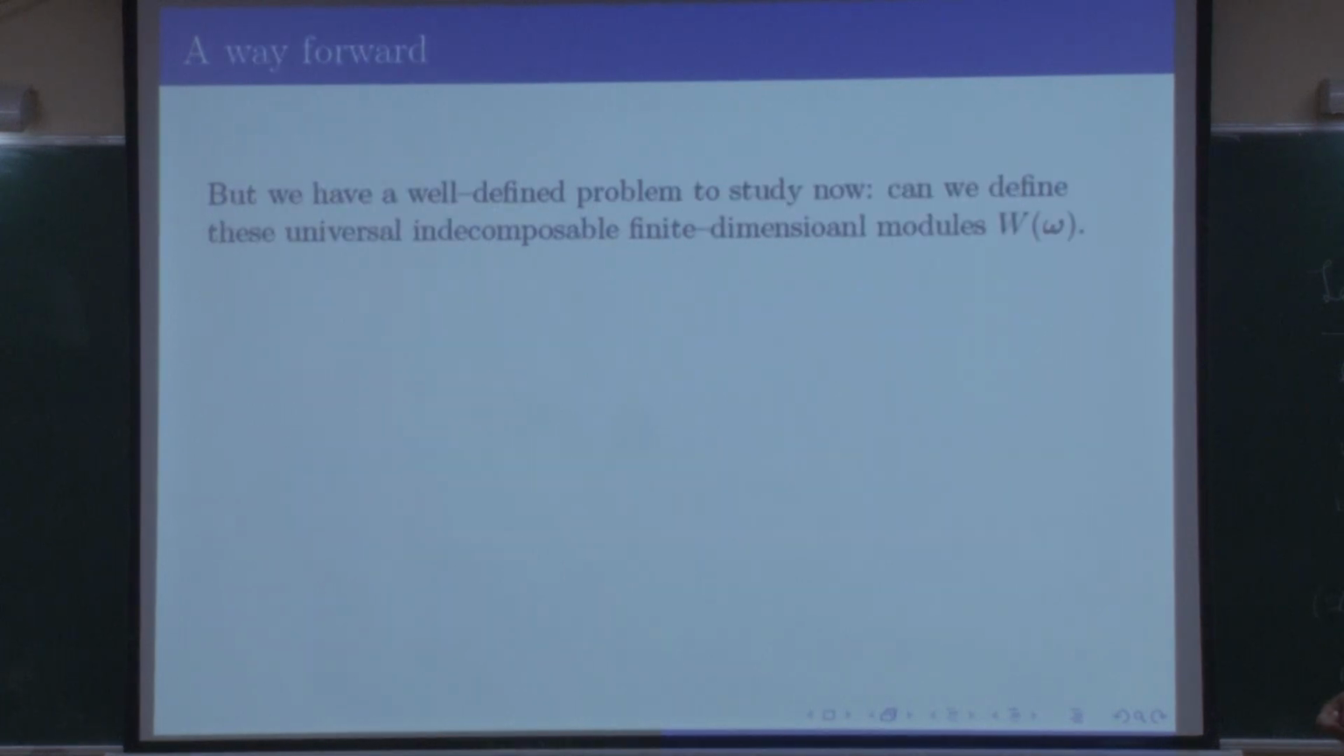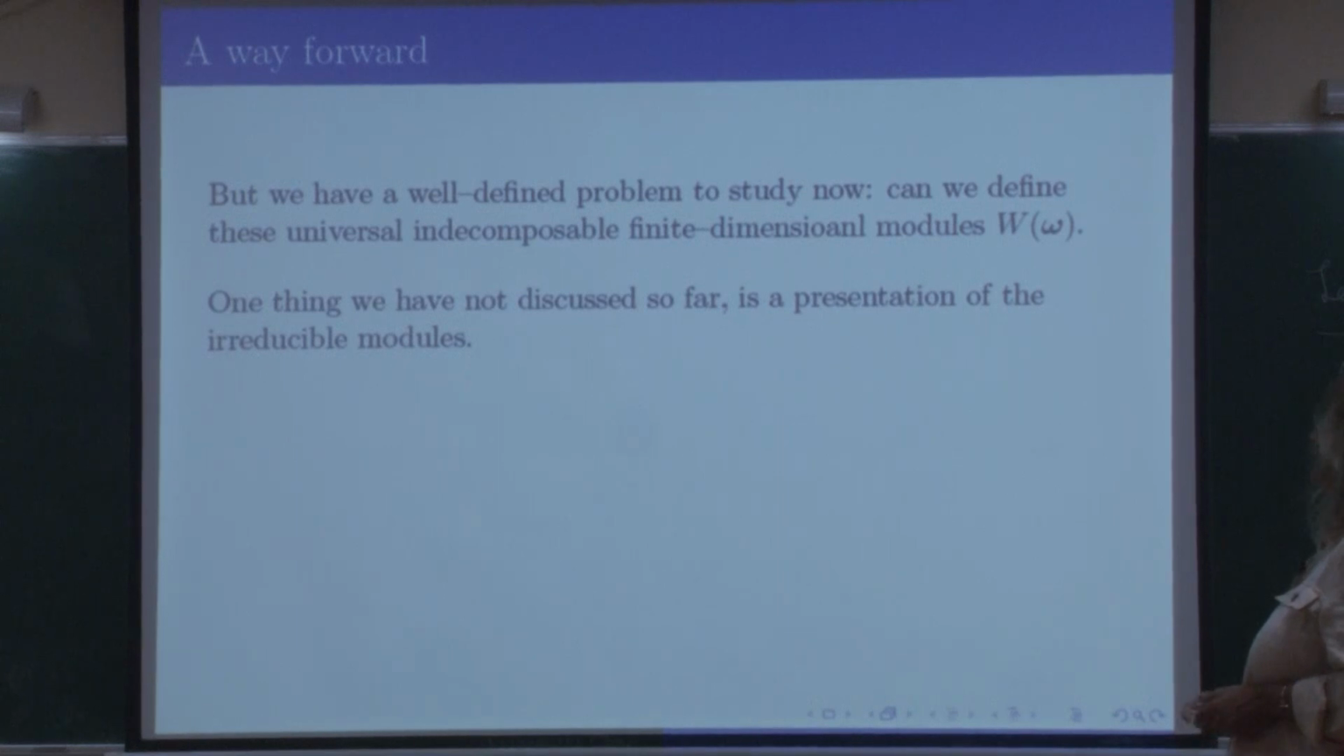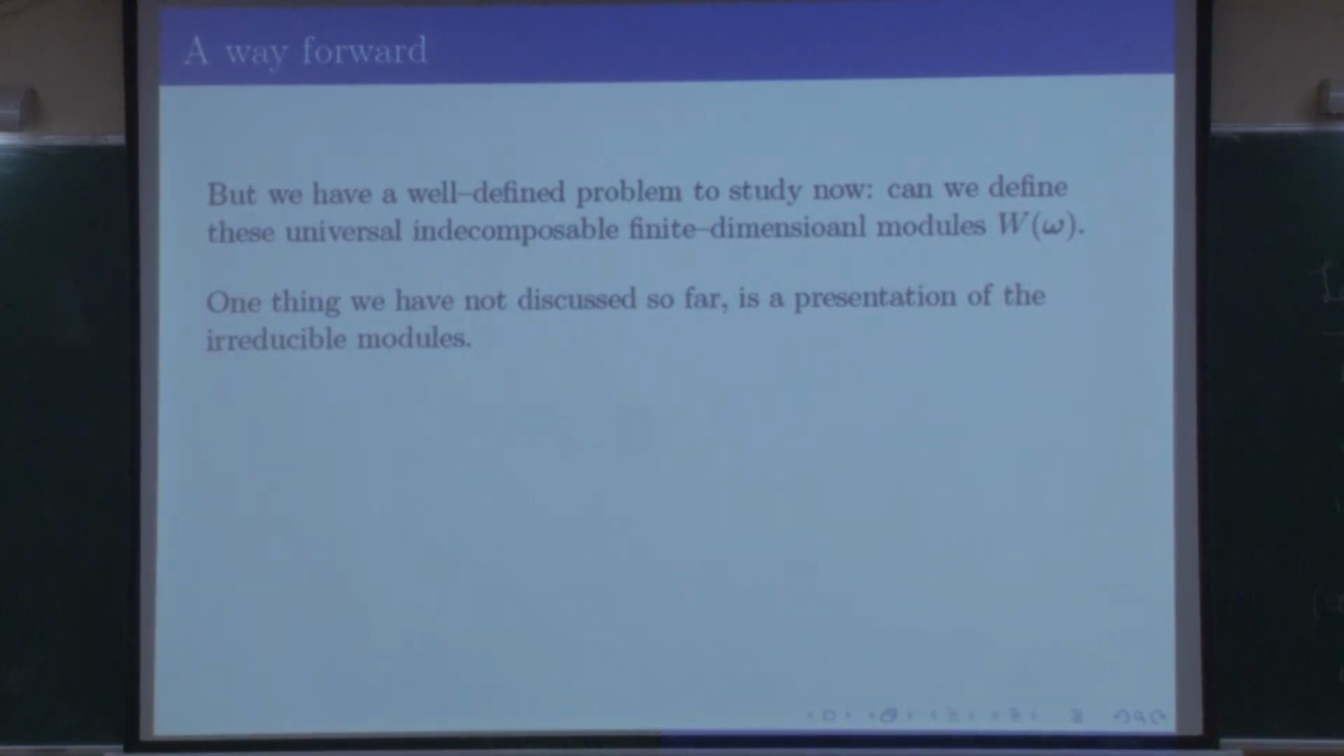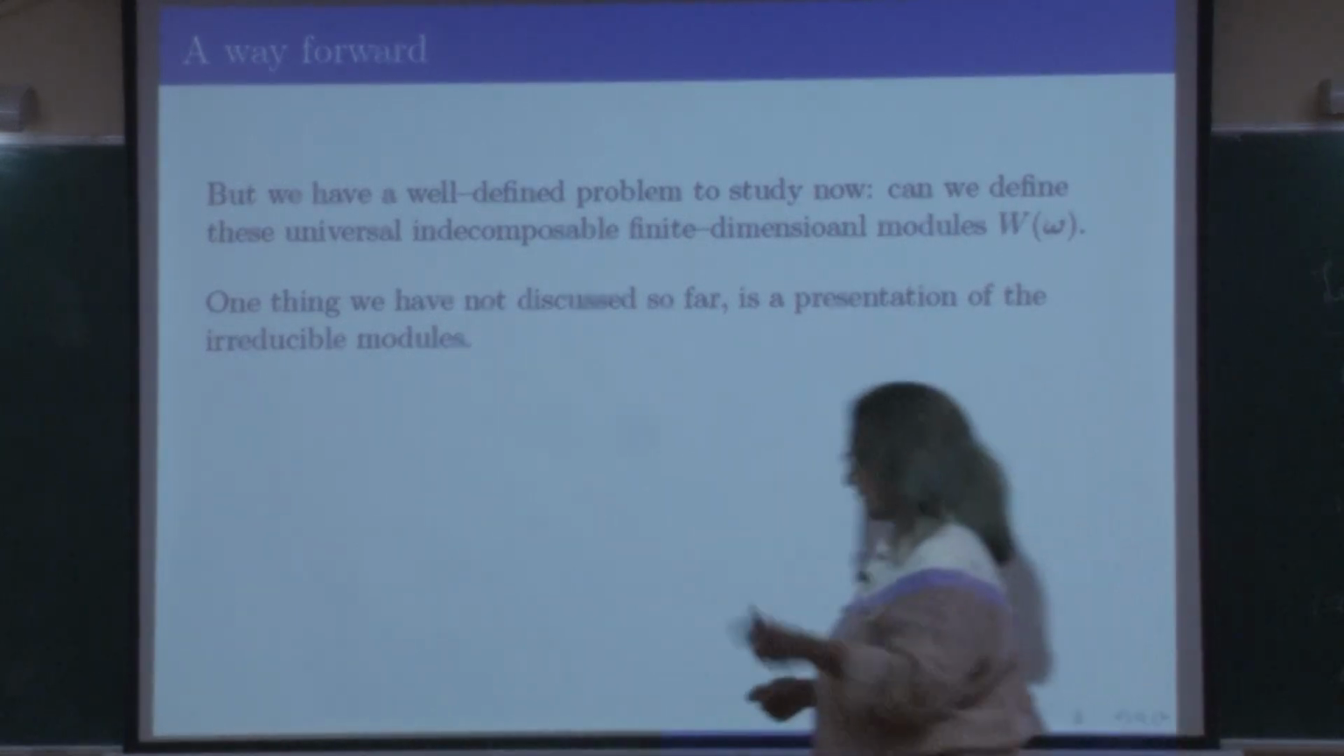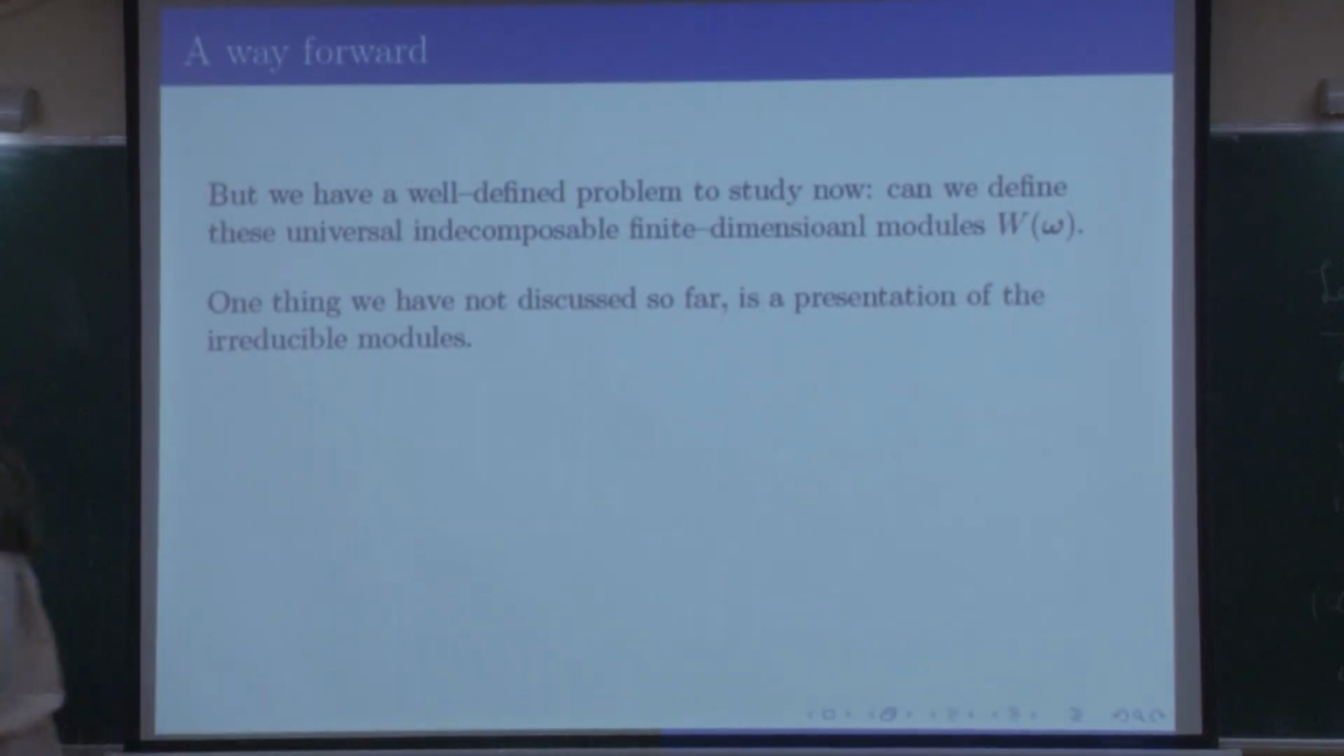So, okay, but now we have a well-defined problem, right? We want to know if I give you an element of my monoid, do you have an indecomposable representation associated with it canonically, which has nice universal properties? And the question is, how do you construct them, right? So again, you go back to your basics, to whatever you learned and still store in your memory, which is that